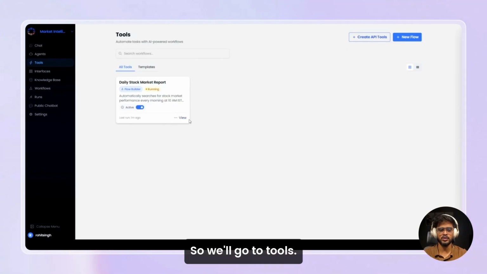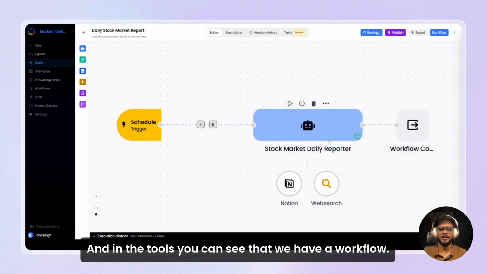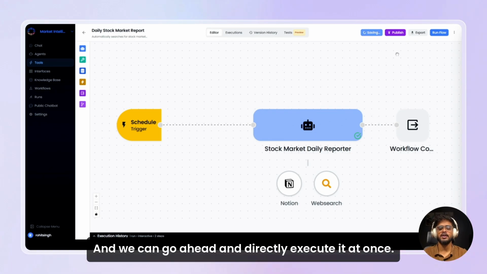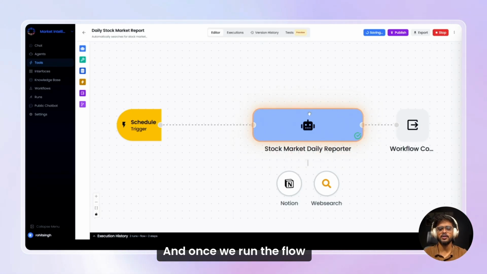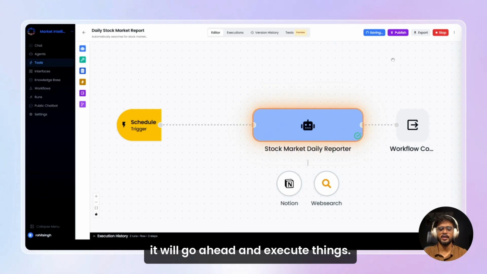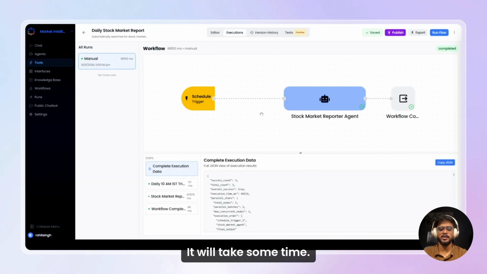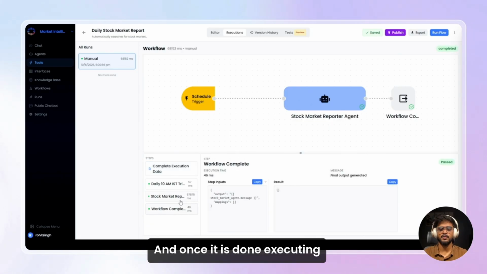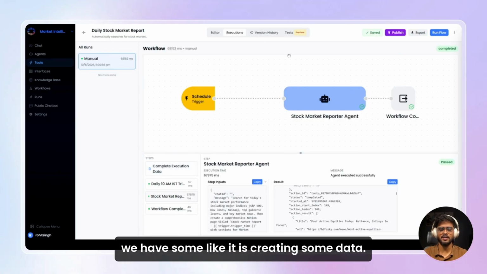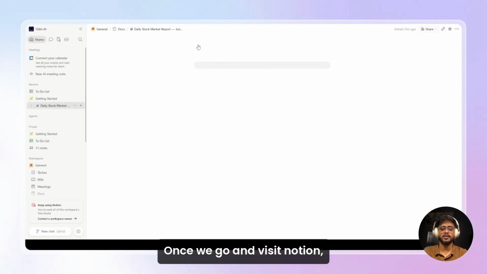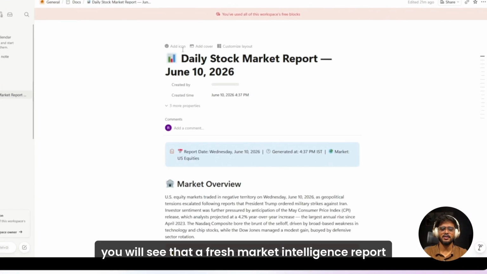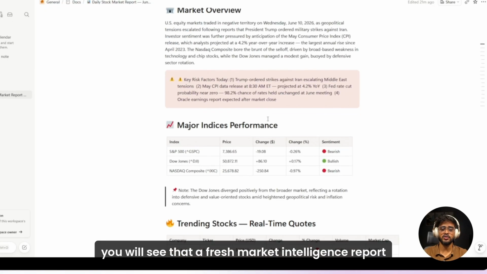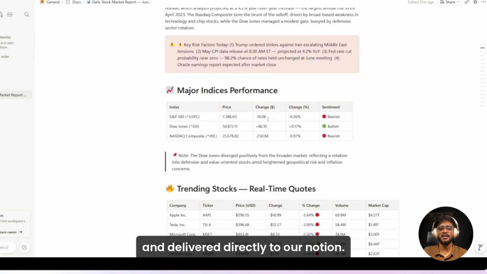So we'll go to tools, and in the tools you can see that we have a workflow, and we can go ahead and directly execute it at once. And once we run the flow, it will go ahead and execute things. It will take some time, and once it is done executing, it is creating some data. Once we go and visit Notion, you'll see that a fresh market intelligence report will be generated automatically and delivered